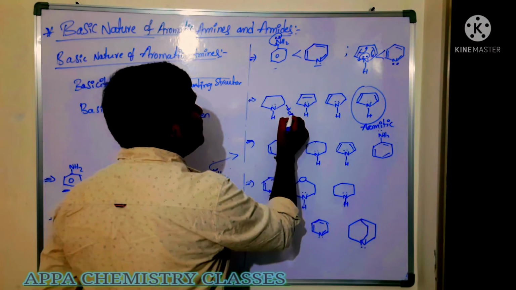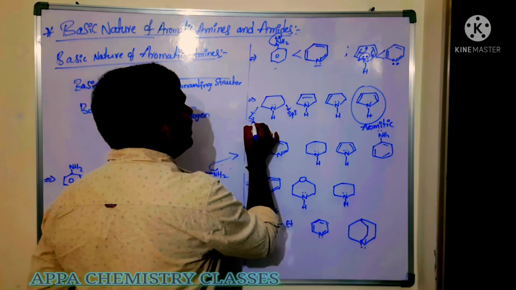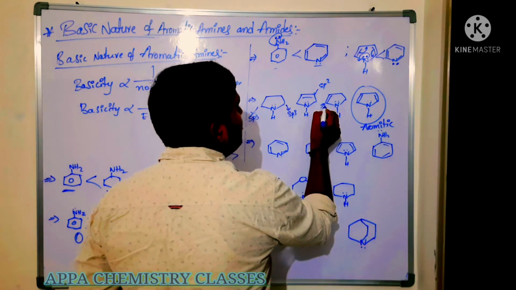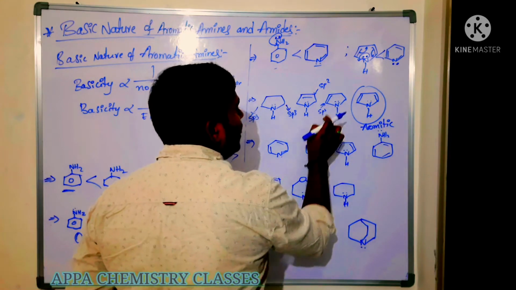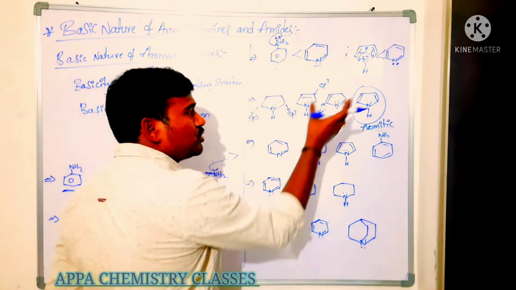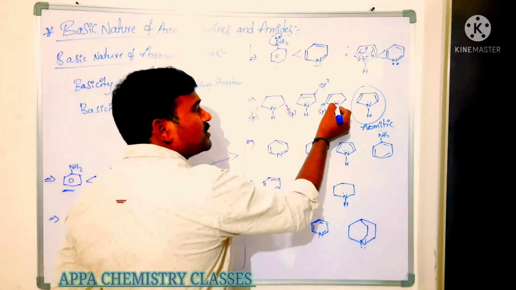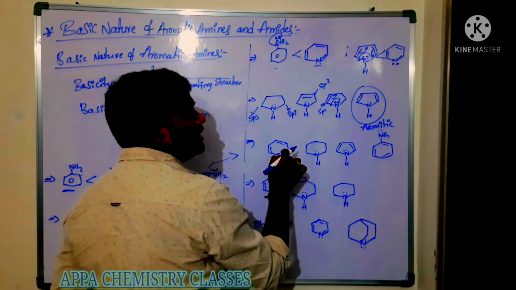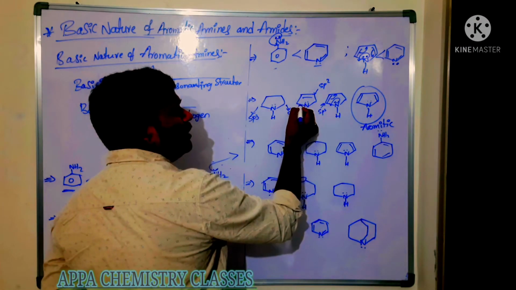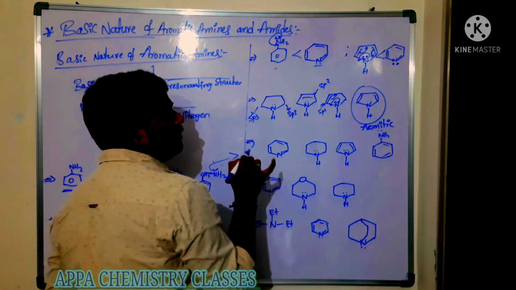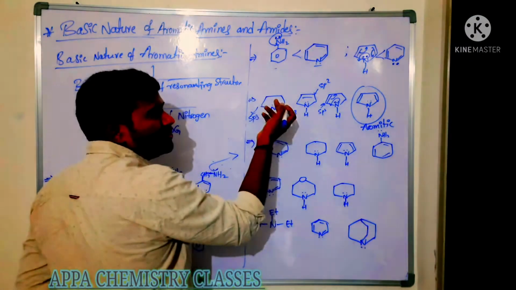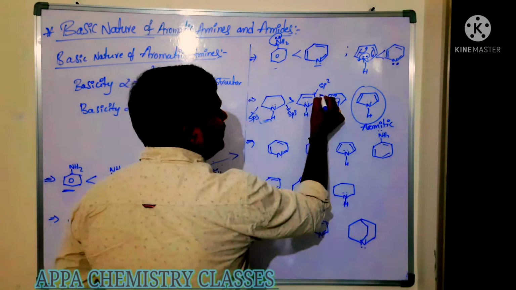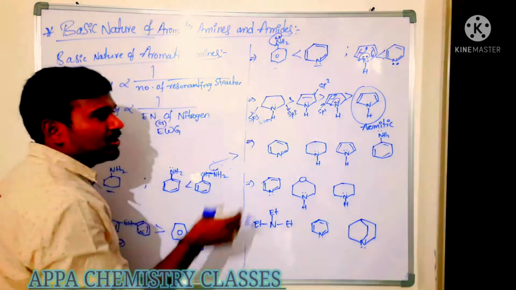Now these are sp3 carbons. This is also an sp3 carbon. But whereas this carbon is an sp2 carbon. So this carbon is also an sp2 carbon. So this sp2 carbon is very close to this nitrogen, so it will withdraw that pair of electrons, and there is also delocalization. So there is an involvement of resonance here. But here there is no involvement of resonance. Two sigma bonds are separated by that pi bond, so no resonance. Here there is no sp2 carbon itself, so it is the more basic one. After that this one, after that this one. The least basic one is the aromatic one.